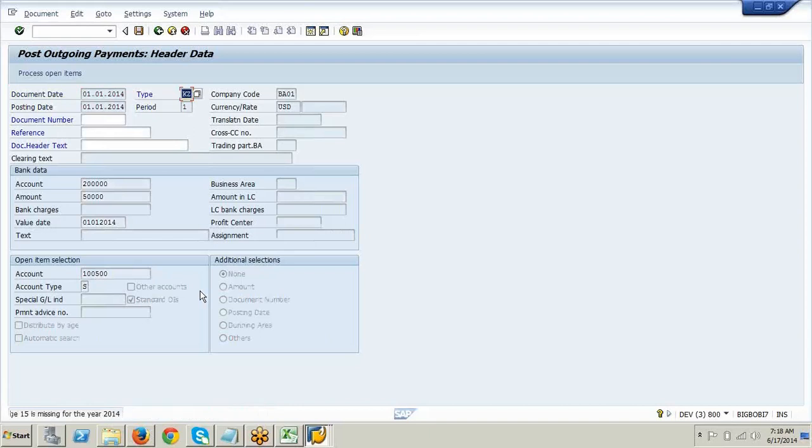I press enter, see. Now you should tell me about this error. I'm getting one error, see. If you see here, this is not my document type, right? My document type is SA. Change that. Enter.